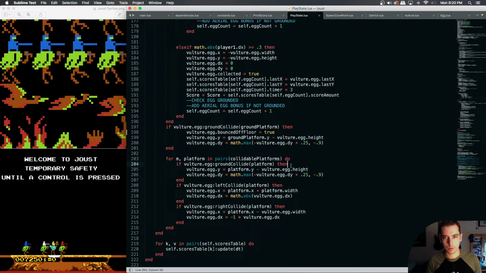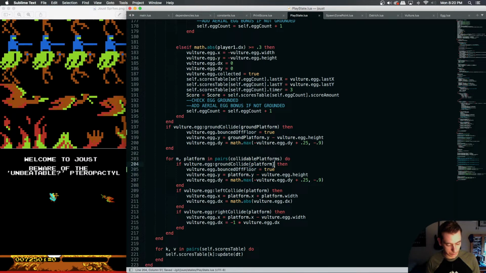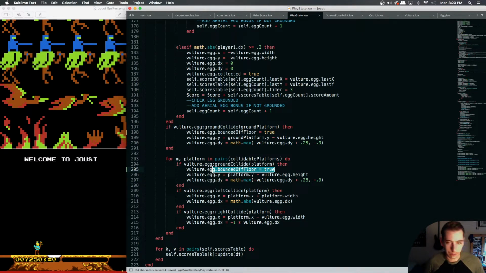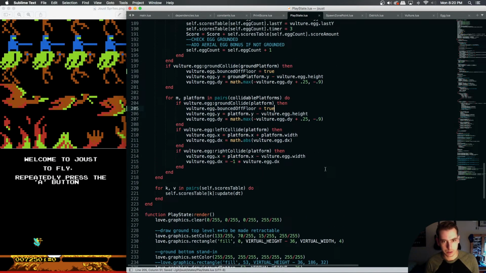So we also got to check it for every collidable platform. And if our vulture egg ground collides with any of the platforms, we need bounced off floor to get set to true. And then left and right, probably fine. I don't think bounced off should be set on side collisions. I think you can get double points if it has a side collision on a platform just before it hits the ground and bounces up, you know? So we've got a boolean there, but it's not really doing anything for us right now. We've got to go find where we update our scores,